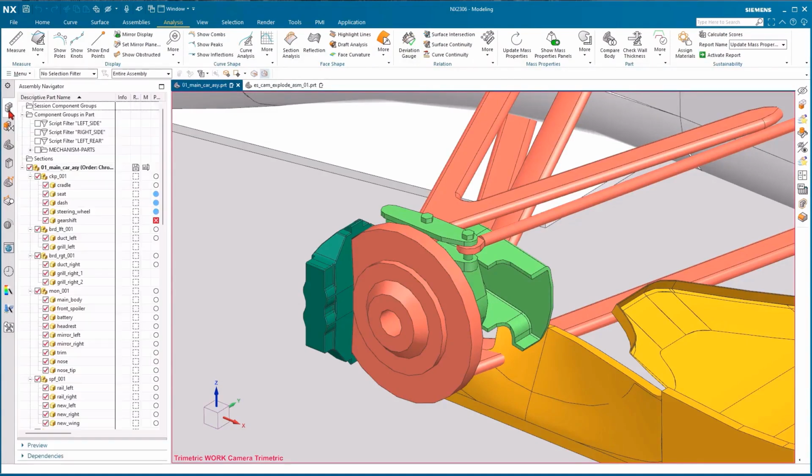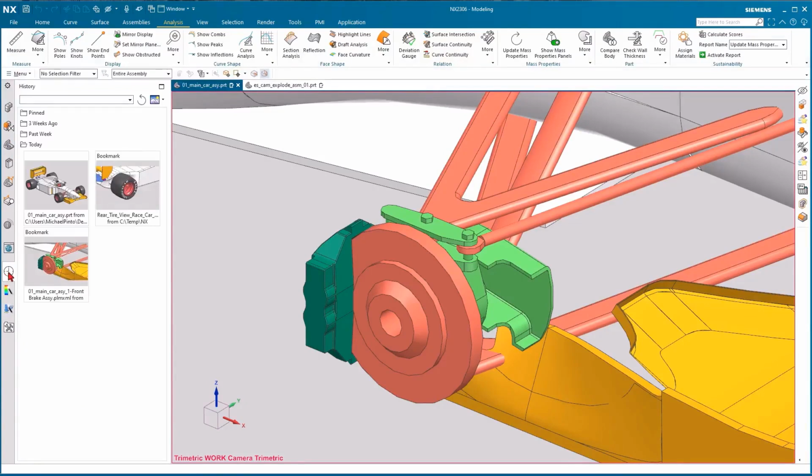Also, one more item here. If I do go back over to the history icon here, over on the resource bar, you'll see that bookmarks will show up inside the history here. You can also pin these bookmarks by clicking on or hovering over the bookmark and going up to the far right corner, and you can go ahead and click on the little pin button here, and we'll do the same here. I can go back to this one, I can pin that bookmark, and up above you're going to see